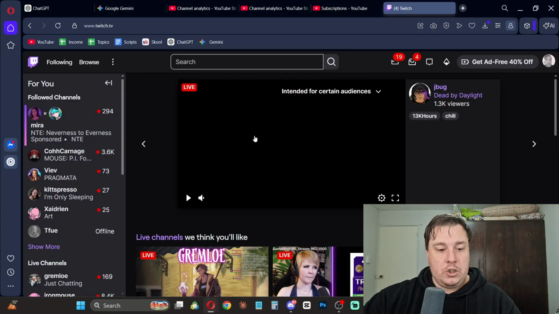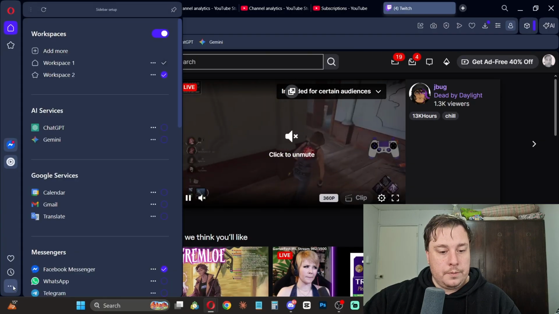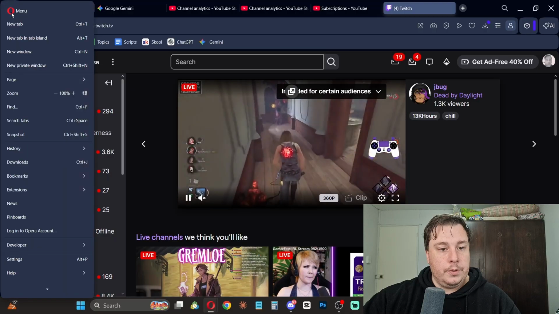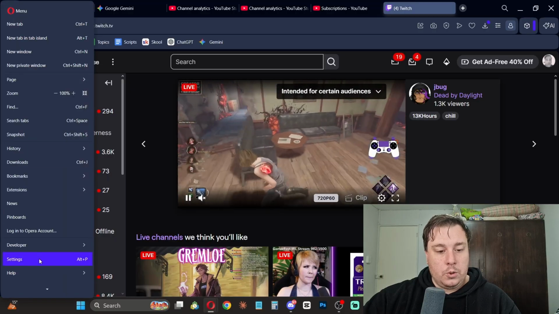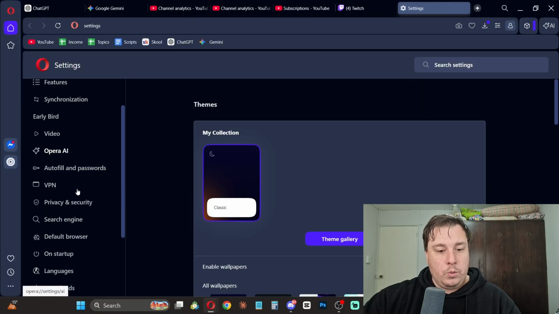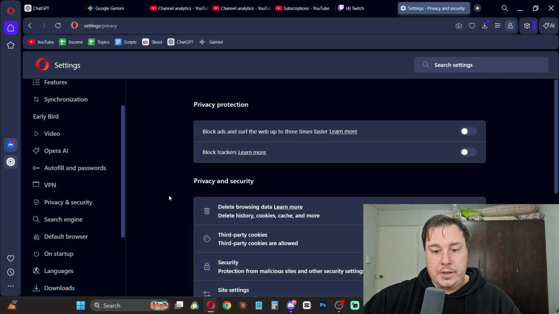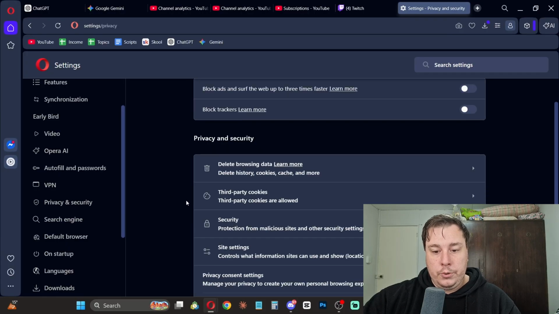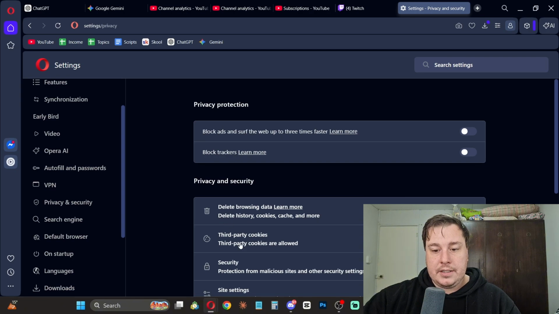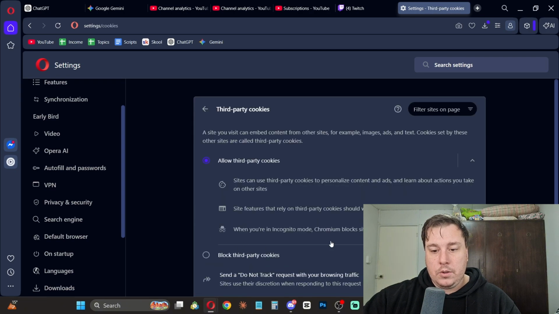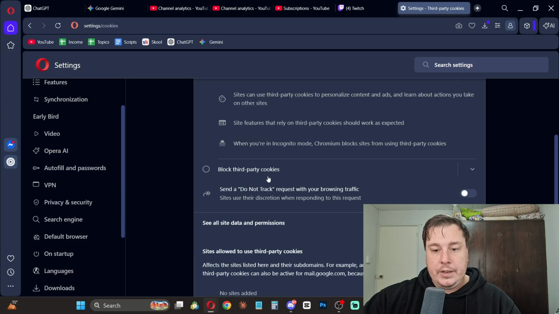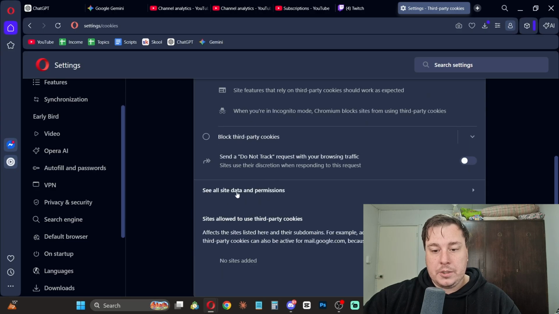And then if it didn't fix your problem, you can go into your settings. So click on the settings of your web browser, then click on privacy and security, and then click here where it says third-party cookies. Okay, click on third-party cookies, and then click here where it says see all site data and permissions,